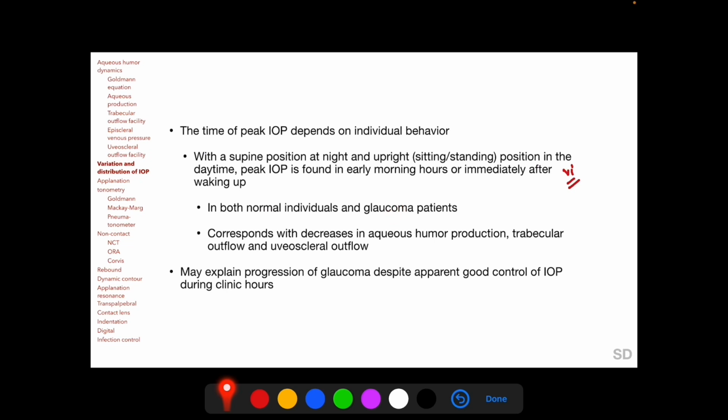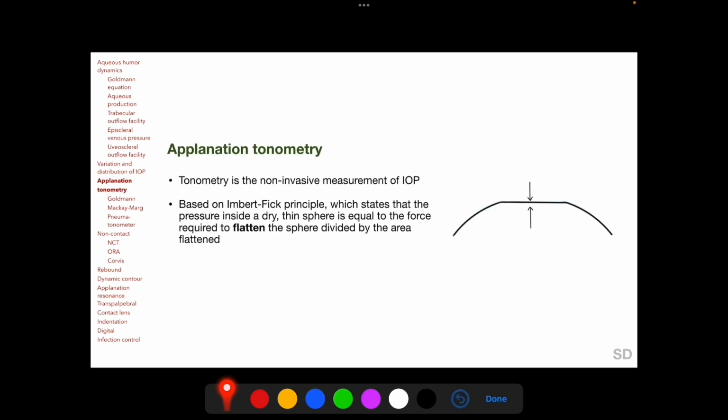this diurnal variation occurs due to changes in aqueous humor production and trabecular and uveoscleral outflow over 24-hour periods. And diurnal variation may explain progression of glaucoma despite apparent good control of IOP when patients are examined during clinic hours in the daytime. As we have mentioned, there are a large number of techniques and devices to measure intraocular